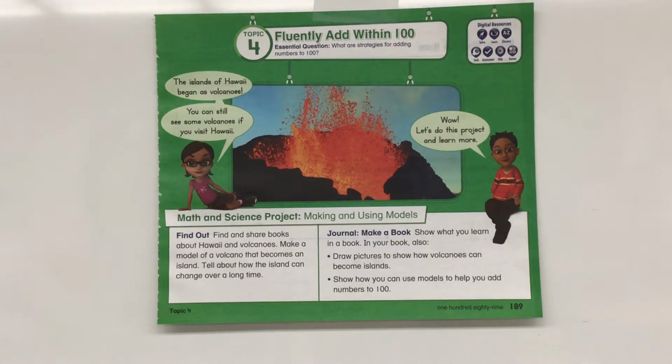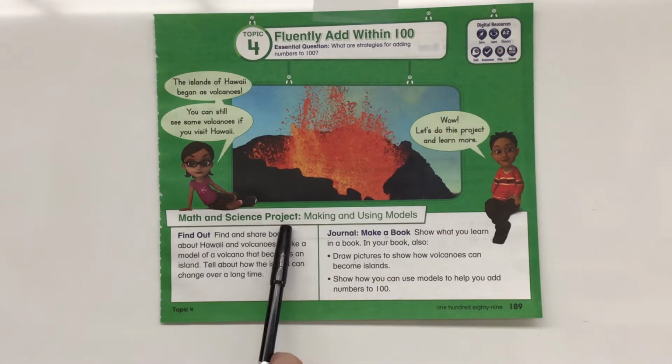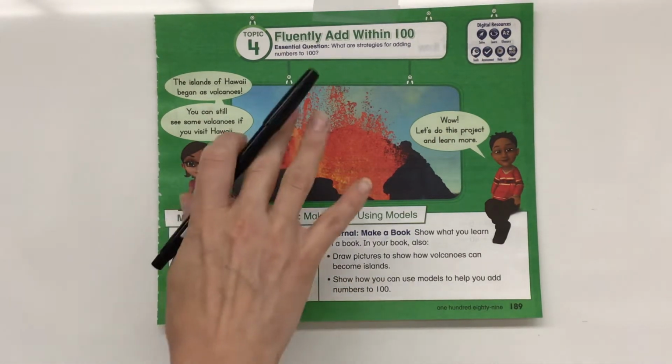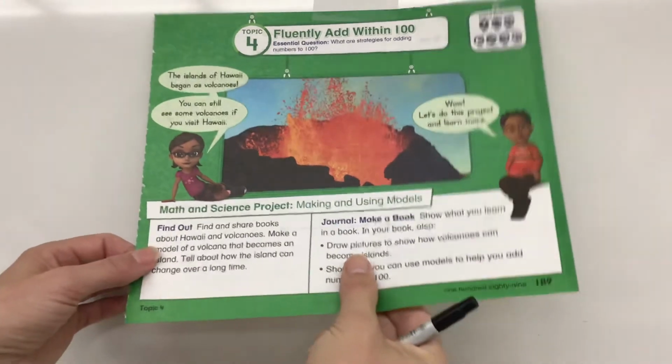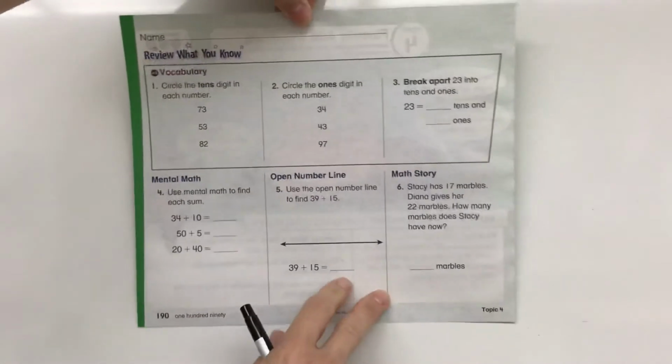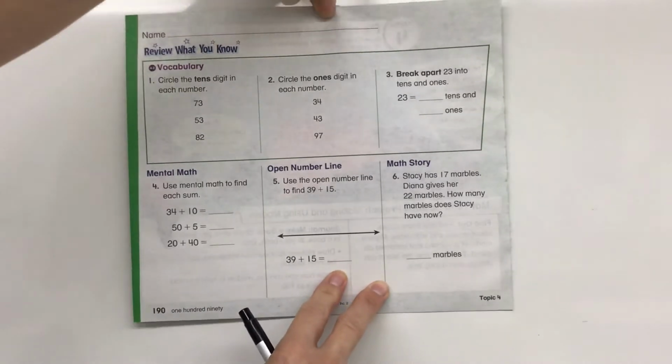Right, this is second grade math topic. Fluently add within 100. This gives us ideas here as we start the unit on math and science projects. Making and using journals, you can read this on your own and see if this is something that you would like to do. But we're going to go ahead and go to our reviewing what we know from our other